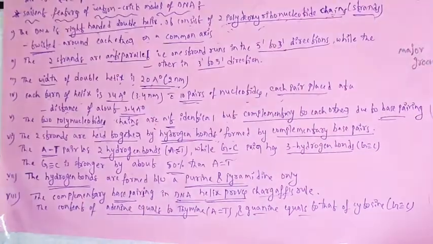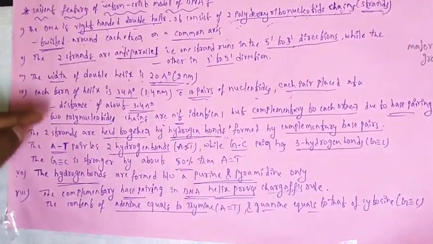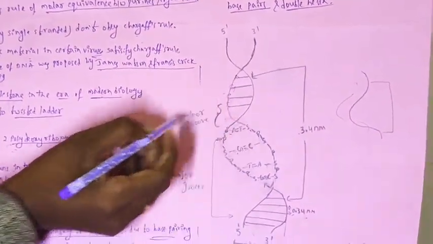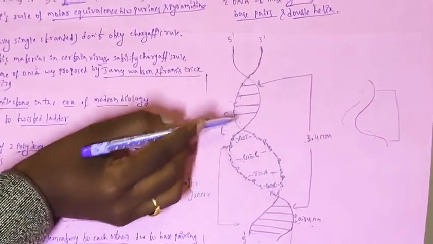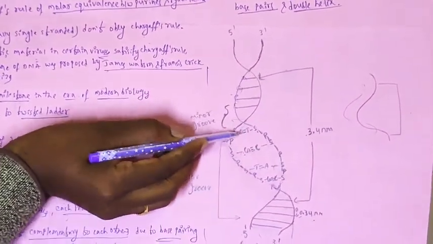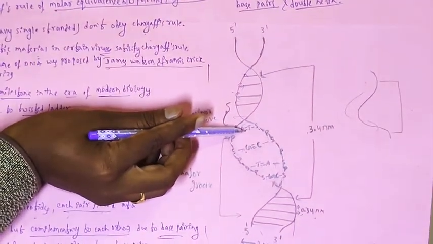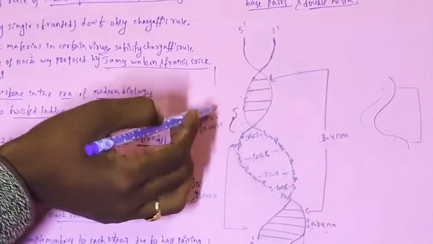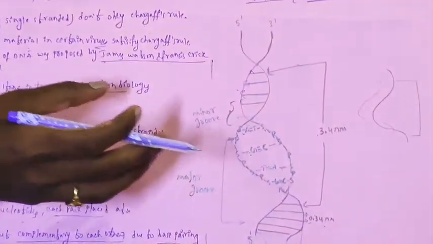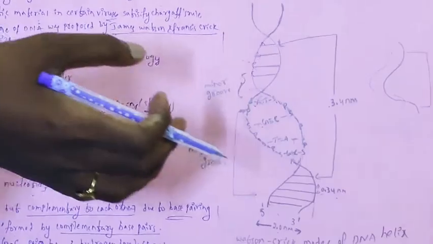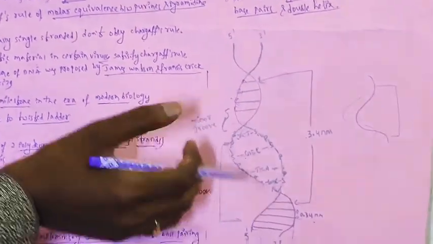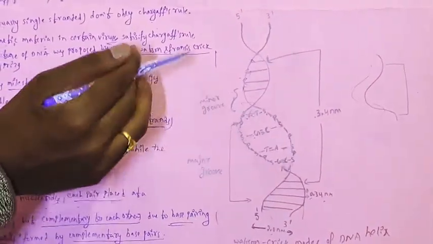You can observe that the two strands are held together by hydrogen bonds, right? Suppose here it is adenine, guanine, cytosine, thymine; adenine is connected with thymine everywhere, by 2 hydrogen bonds. How are these two strands connected with each other? Each strand has its own polydeoxyribonucleotide chain, but they are connected to each other by hydrogen bonds.